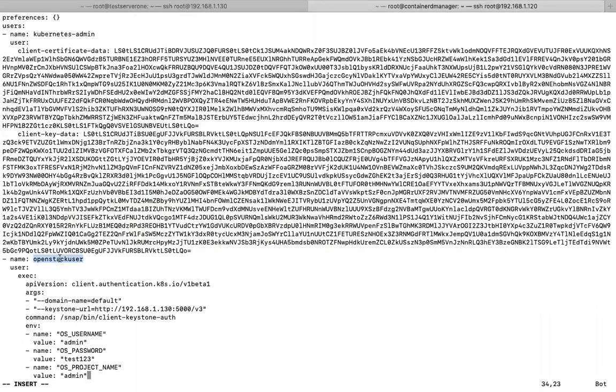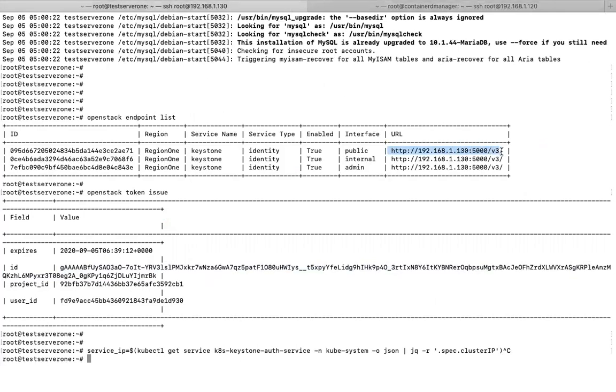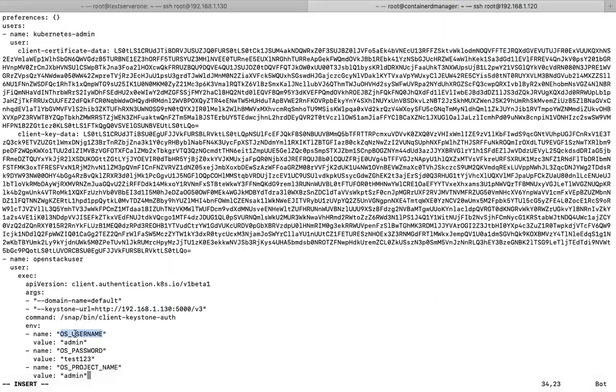Here, OpenStack user is the name which I gave for this user. And here, exec means you are trying to execute, with arguments. The domain name is default. And this is the URL, your Keystone URL. Whatever the URL is, you need to update it here. How you will know the URL, I already told you. This is the URL. And one more thing: the other details are the environment variables you need to write, like OS user, OS password, OS project name. You can see test123 is the password for this user. These are the things which I passed.